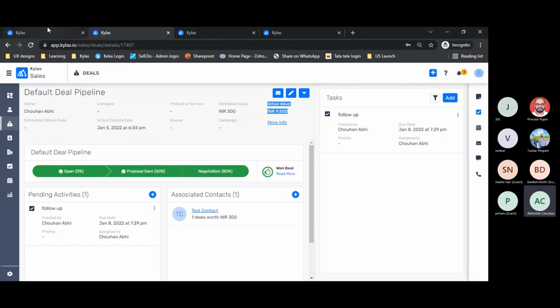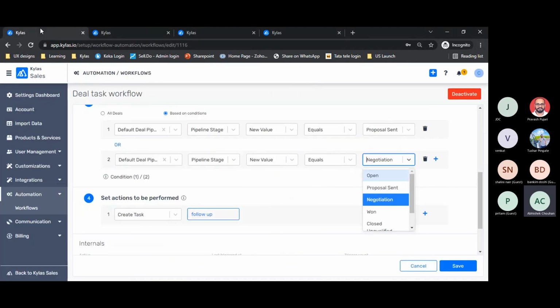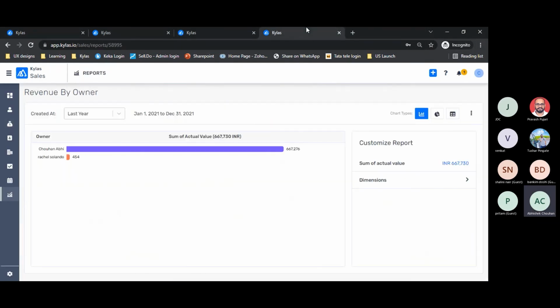So I can have a report such that out of all those sales users, how many sales users have how much of the actual deal value along with them. This person has this much of the deal value, this person has this much. So this is the revenue generated by them over a period of time.